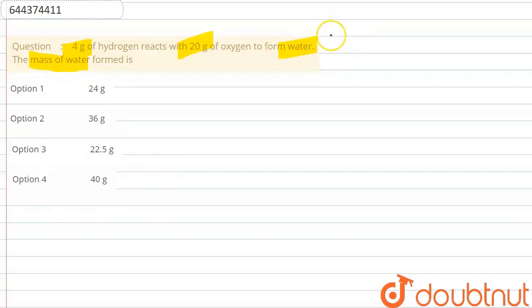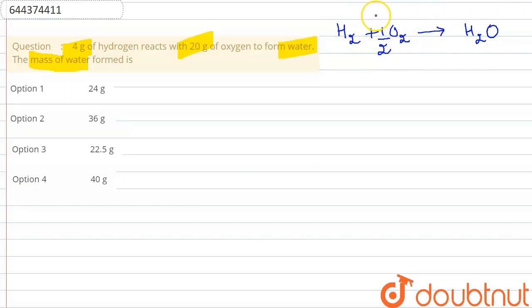So firstly we are going to write down the reaction here, that is when hydrogen reacts with oxygen, then it forms H2O, right? It forms 1 mole of H2O. So what we'll firstly do is balance the equation here. So we are going to multiply O2 with half value, right? So this is your balanced equation, right?